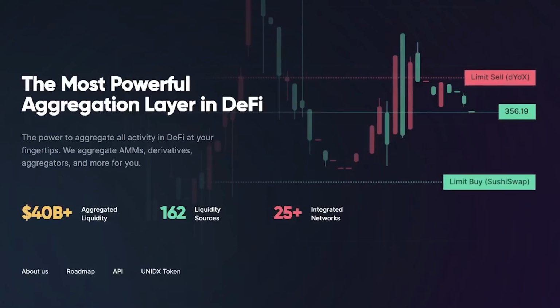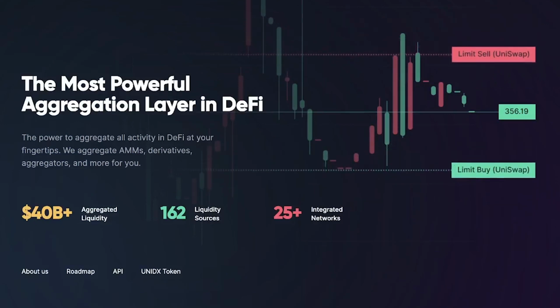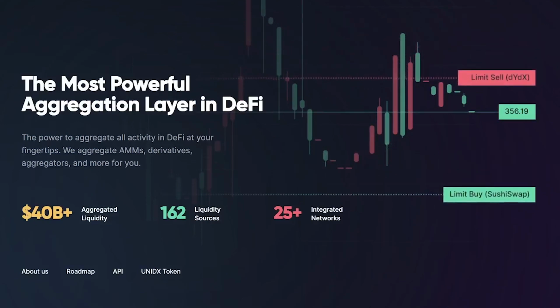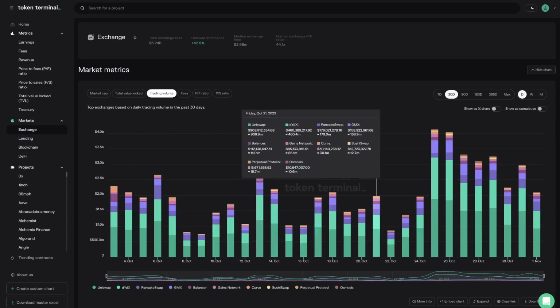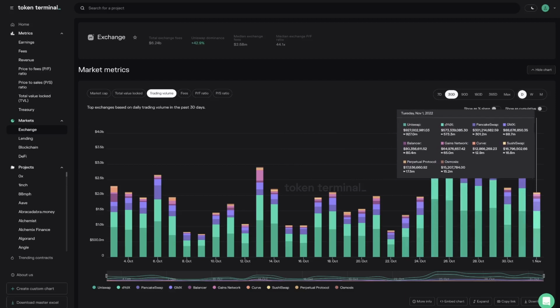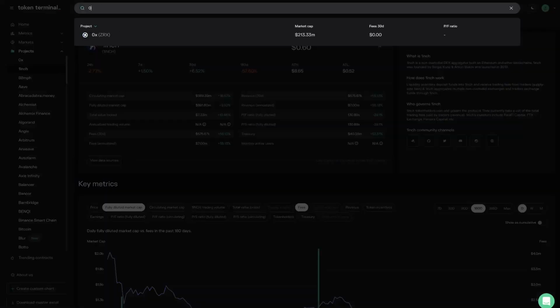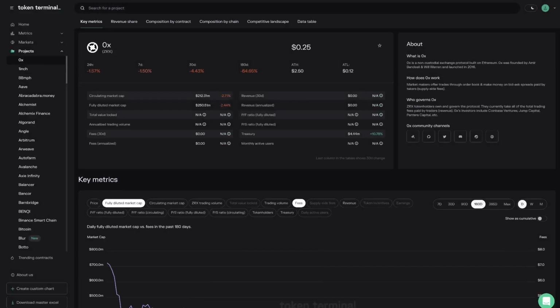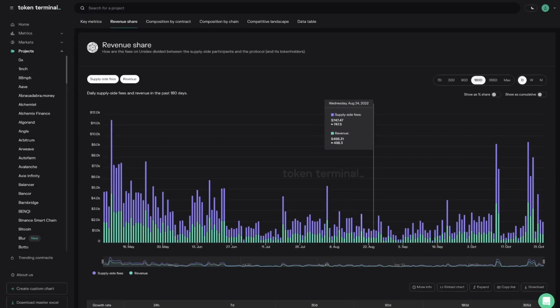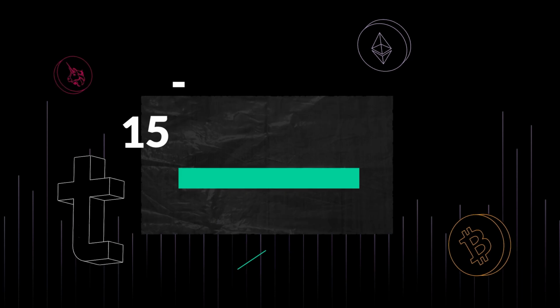UNIDX aggregates automated market makers, derivatives, and even other aggregators with the aim of providing end users the best trading experience possible. To describe the market opportunity here, the average daily exchange volume throughout DeFi has recently been between $1 to $5 billion per day. Of this volume, a large chunk is generated via aggregators like 1inch or 0x. Both exchanges and swap aggregators typically generate revenue by taking a cut of trading fees paid on their platform. In this episode, we'll find out how UNIDX is positioned within this market and what their plans are for the